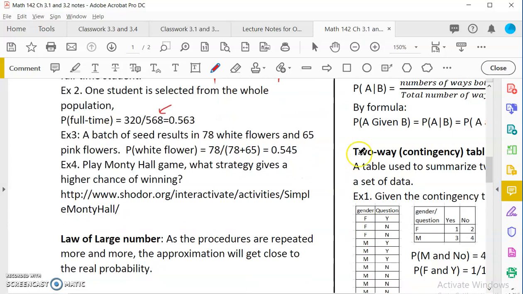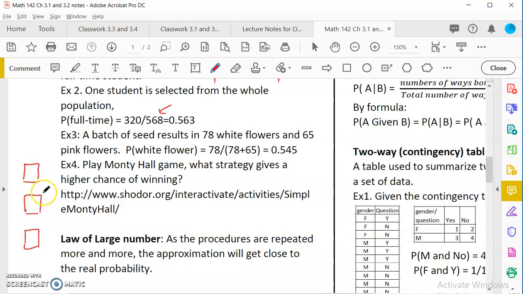So there is another one that we would do in class. It is a Monty Hall game. The Monty Hall game is like this. If you have 3 doors, behind the 3 doors, one of them would have a prize. So the contestant or the player would select one of the doors, open it, and you would see, oh, I selected right, it's the prize. The other ones are like a goat or something that is not useful. So no prize. In the other two, one of them has a prize, but you don't know which.